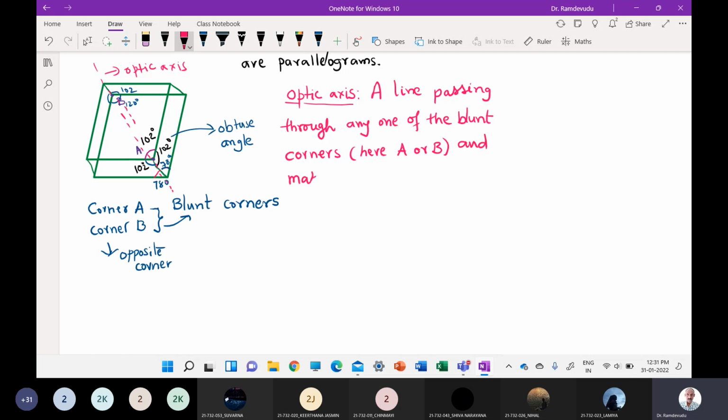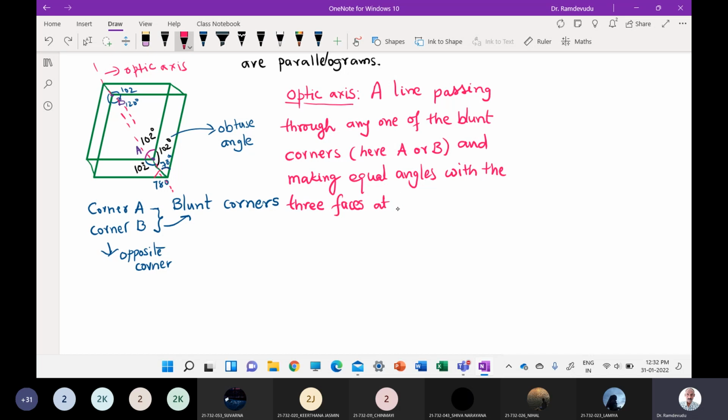This is very important. Making equal angles with the three planes. Here the three planes are: one plane is this, another plane is this, another plane is this. These are called the three faces of a rhombohedron. So, making equal angles with the three faces